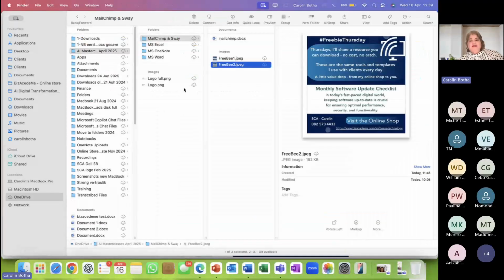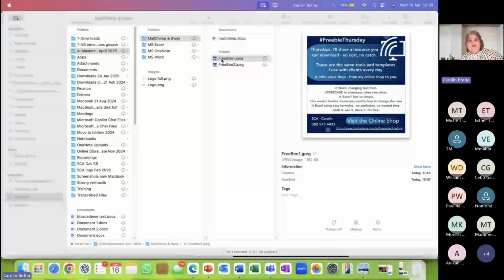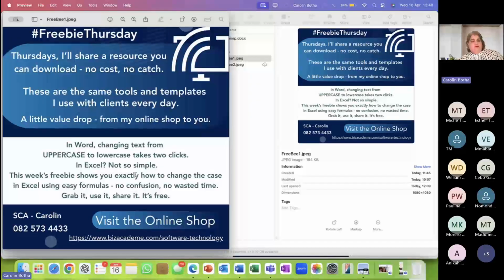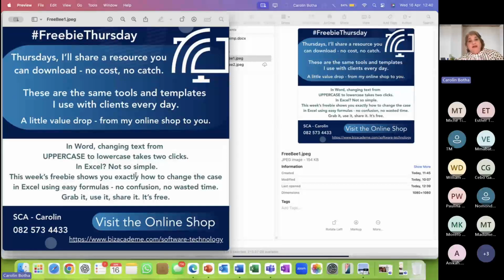What I have over here is two images that I've created. It's something that I send out on the app of Clinic with Purpose, where we share data or information or whatever. And this is all about a freebie. It's a little bit involved, a lot of information. That's what I'm trying to say. But this is just to get people to go and visit the online shop.